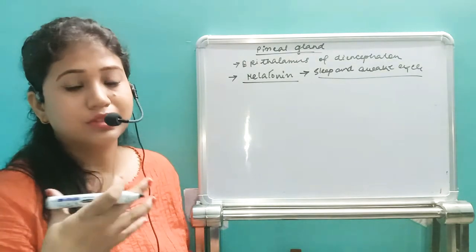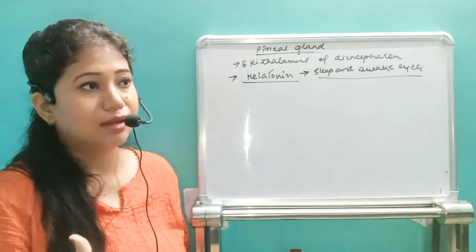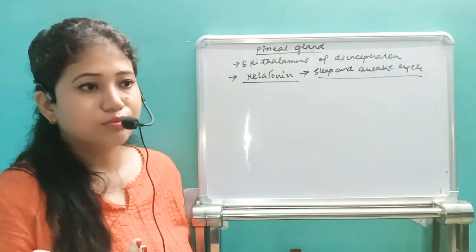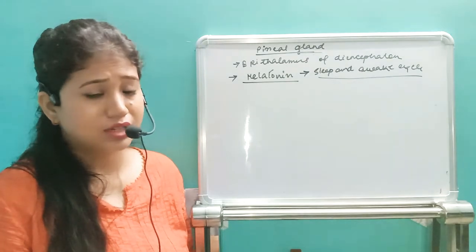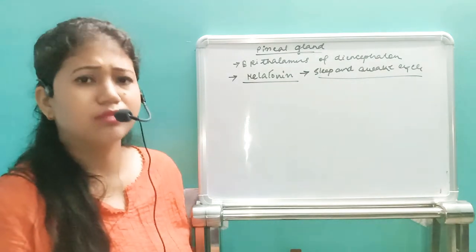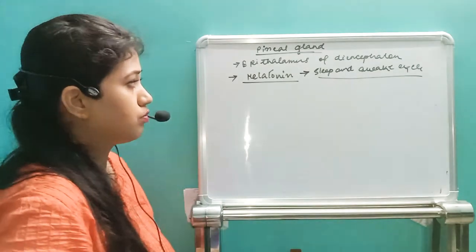So the secretion of gastric juice from the digestive tract at the time when we are hungry, suppose every day we have the habit of taking food at 10 p.m., then at 10 p.m. the gastric secretion will start to occur. So that will also be controlled by melatonin.